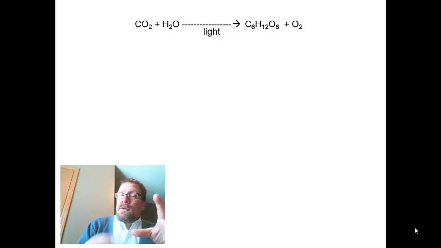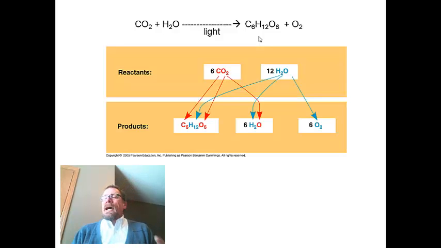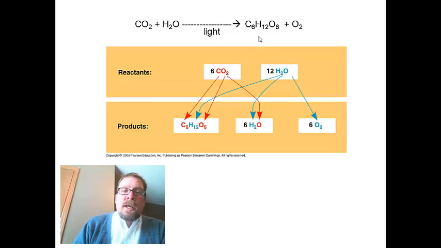Really what is produced is not glucose molecules per se, but 3 carbon sugars that are the precursors that then get put together, and some oxygen. The mechanism is not completely understood. What got us on our way to understanding that, if we balance this, is that we would mix 6 carbon dioxide with a net 6 water, because you actually start with 12 water and you produce 6, so it's a net total of 6 water to make 1 glucose and 6 oxygen molecules.